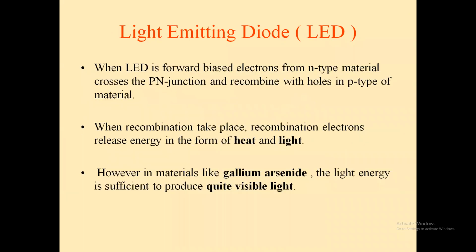Okay. And now try to read the basic theory about the LED. When the LED is forward biased, electrons from the N-type material cross the PN junction. Actually, the working principle of an ordinary PN junction diode and the LED remains the same. When an ordinary PN junction diode is connected in forward bias, as you know, the majority charge carriers from both regions try to cross the junction, and current can flow through the diode. In the same way, the same theory is applicable to the LED. The only difference is given in the second point.